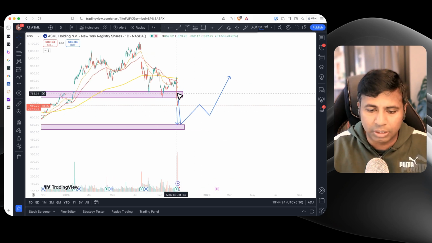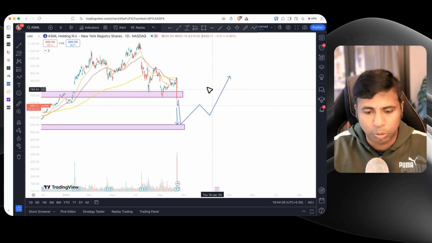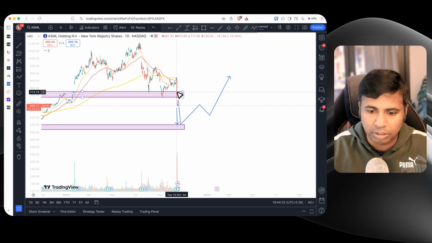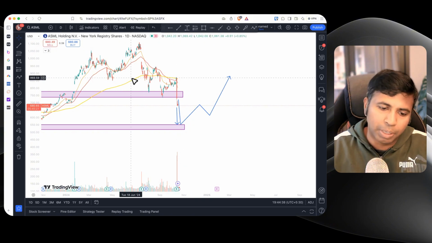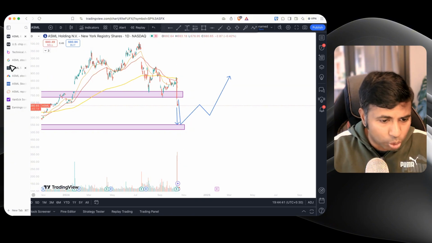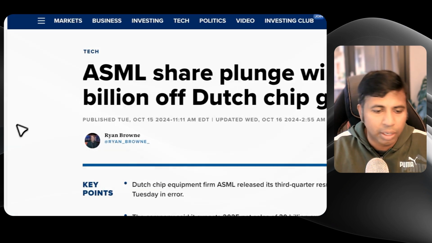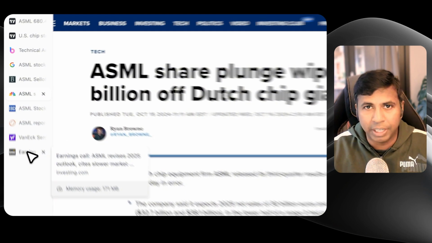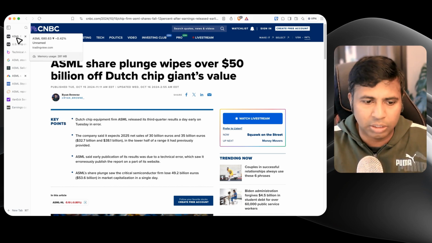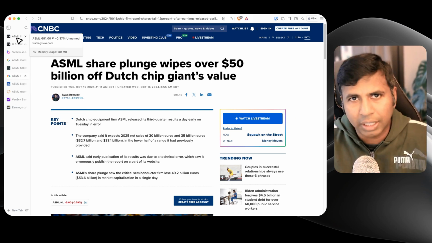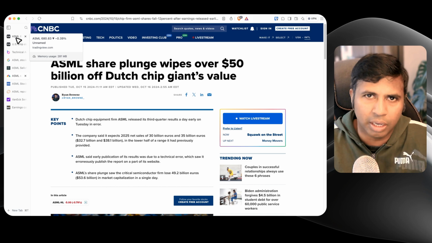It is expected because there is uncertainty, and they have lowered their future growth revenue prospects, and that's the reason for this huge crash. It's almost crashed 16% in one day, which is a very huge price drop for a big company like ASML. They almost lost close to 50 billion, like you can see from here, in one day. And it also affected the other companies in the semiconductor industry like Nvidia, Micron, AMD, and all these semiconductor chip companies, because they think that a similar revenue forecast might be the case for all the chip related companies.